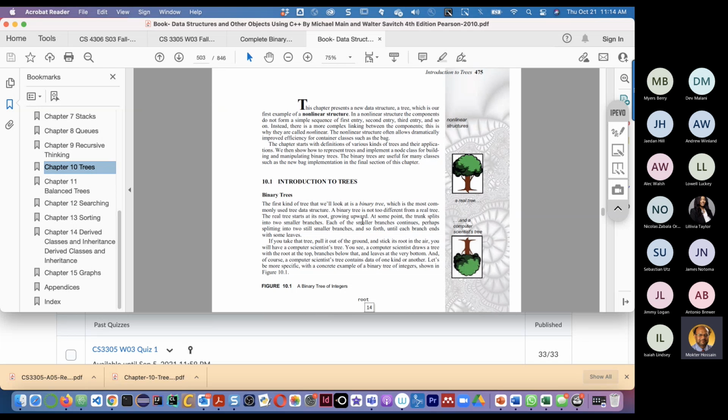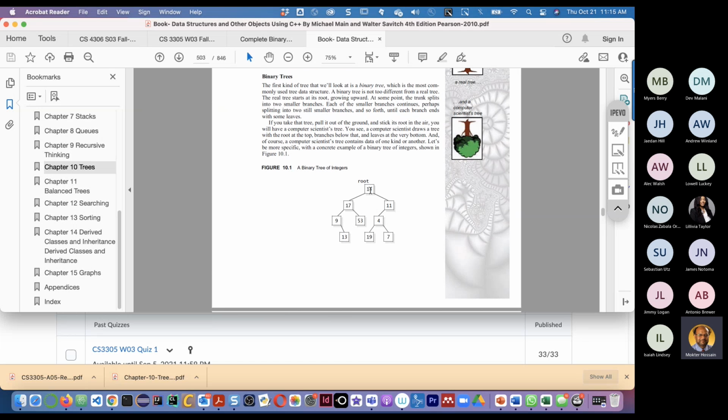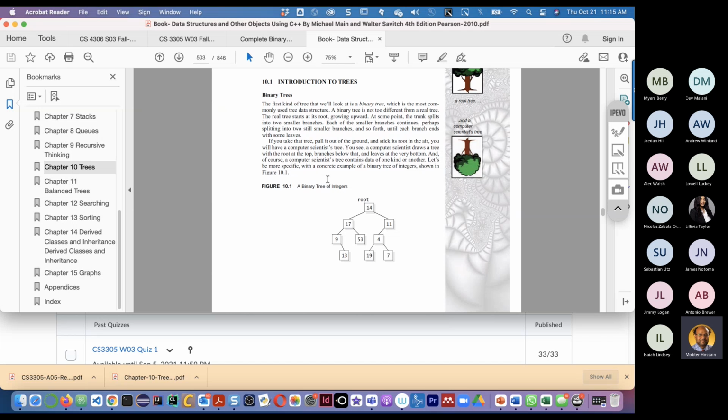Like a natural tree, this is a tree root. The root goes down, but we do not see it. We see only the top of a tree, but our kind of tree is an upside down tree.